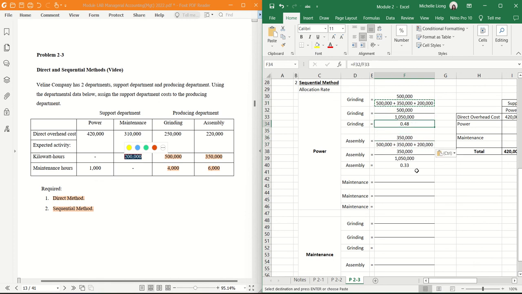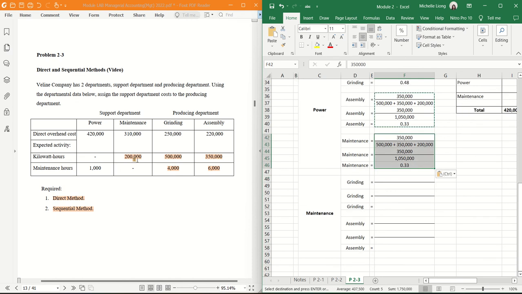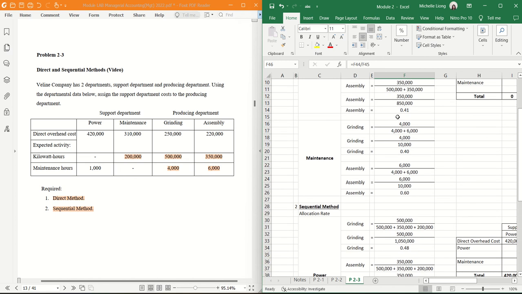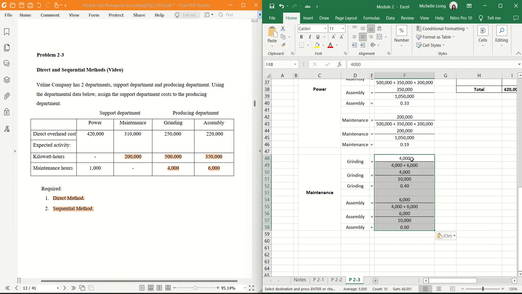So this is for grinding and assembly, and we have one more step to add, which is the maintenance one. For the maintenance one, I'm going to copy paste from this one, but here maintenance is 200, so we change this to 200, and we get that. As simple as that. For the maintenance one, it's the same as before, because we don't allocate power to maintenance, right? Because we cannot do it as well. So it's still the same. And then we continue